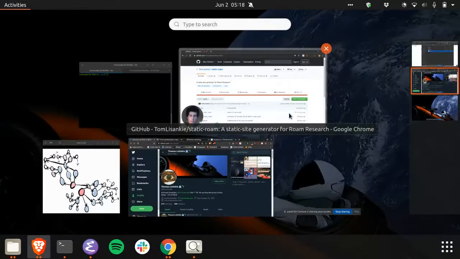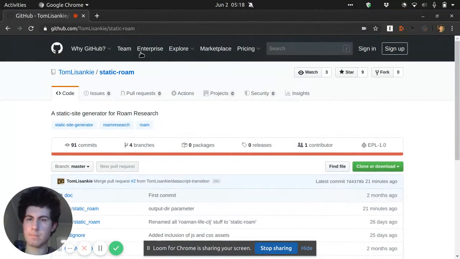I'm mostly interested in tools for thought and hypermedia right now. So without further ado, basically what I've been working on is a static site or digital garden generator for Roam research. And the idea for it was initially inspired by